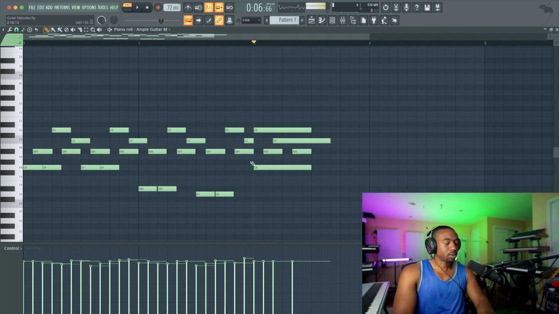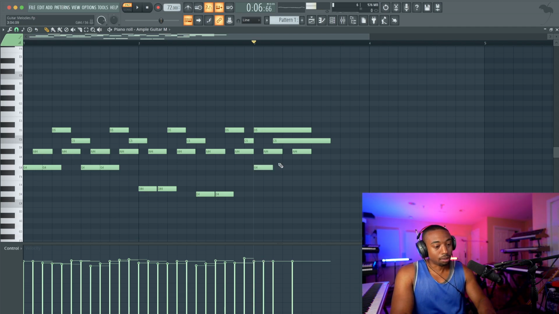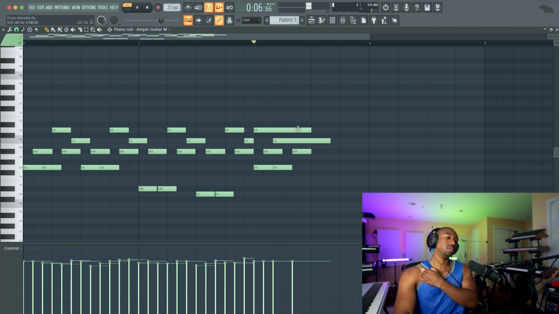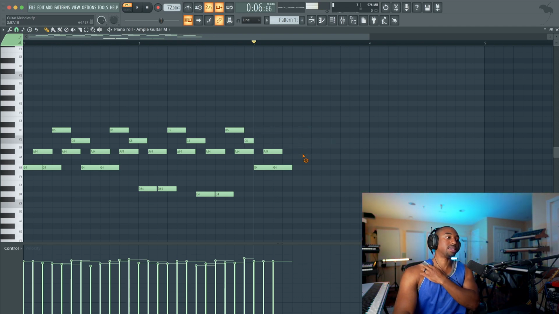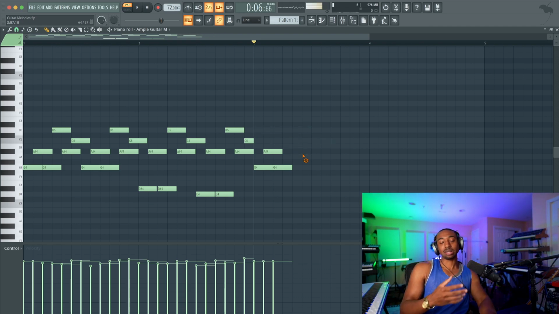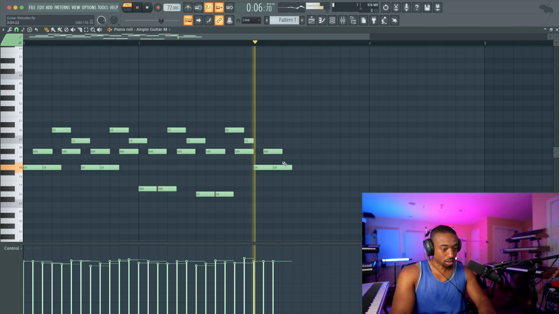So what we're doing is we're going from the tonic, okay, which is the bottom note, and then we're going up to what's called the minor third, and then back to the tonic. The identifier for a chord is the third. So in this case, it's a minor third, which makes this a minor chord. Okay, so simply bouncing between those intervals sounds pleasing.